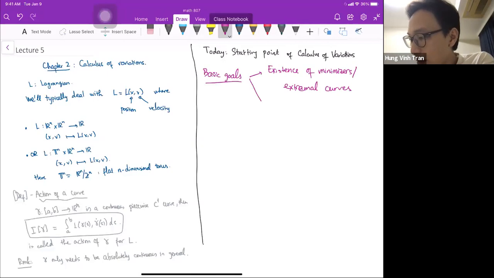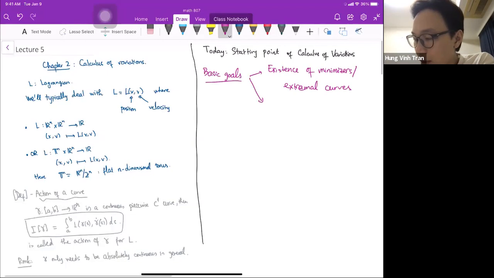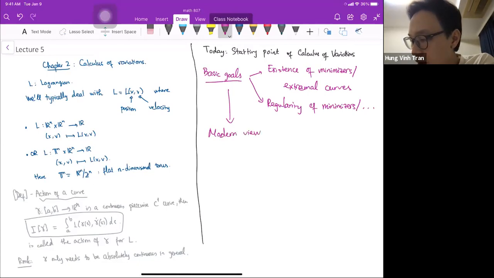And the second basic goal is going to be, we're going to study regularity of minimizers, also of extremal curves. And later on, the more modern viewpoint